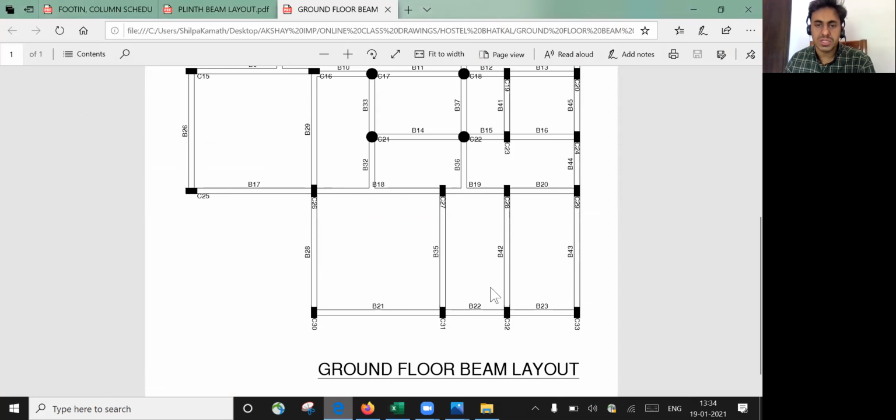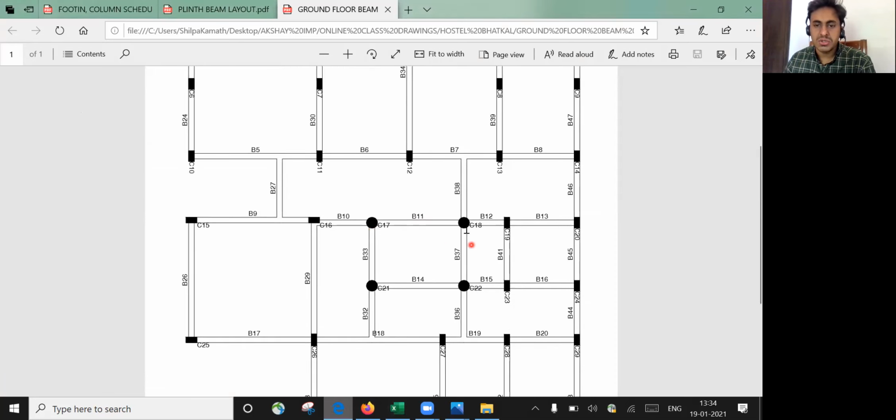I'll go back to the drawing. These are my circular beams, 1, 2, 3 and 4. We have seen that this entire portion in the center is a cutout. You don't have any slab here. If you don't have any slab here, what will happen? Here this will be outside shuttering, and here this will be your inside shuttering because you have a slab here. You have to deduct the slab thickness, but here you don't have any slab. You can take the beam width completely. Here also you can take it completely, here also, and here also.